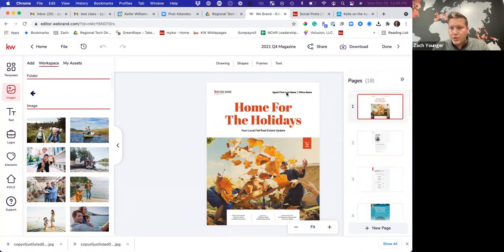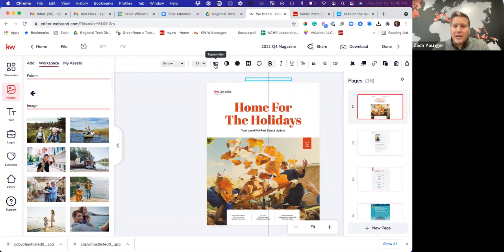and it's all good. I'm going to click on my name up here and office name. There's a couple ways to edit this. Remember, you wanted this to be a personally branded magazine, so you're going to add your branding to it. So you can double click and you can make any edits inside of this font box. However, I like using this typewriter option right up here. So when you click on a text box, you're just going to hit typewriter,